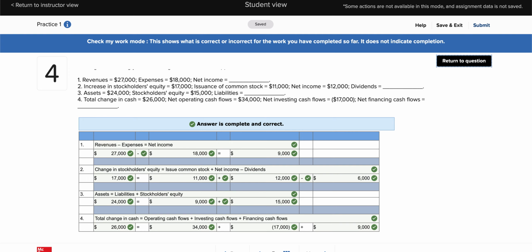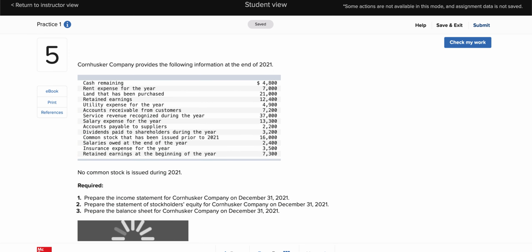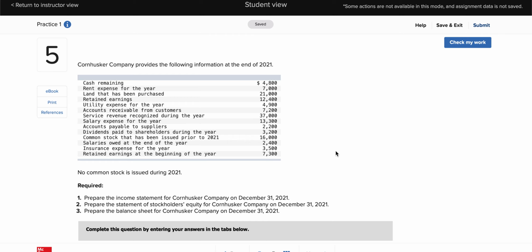And I can move on to question 5. So this is a longer problem that actually has us preparing three of the 4 financial statements, the income statement, the statement of stockholders' equity, and the balance sheet in that order because they have to be prepared in that order. So it's giving us some practice actually preparing those statements, but not only that, it is showing us the relationship